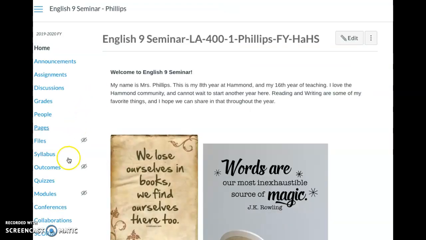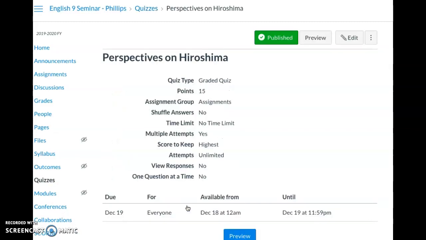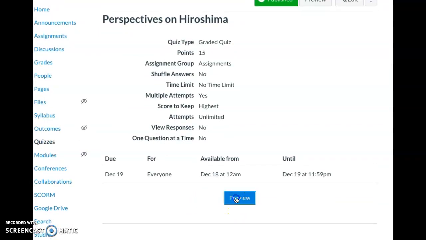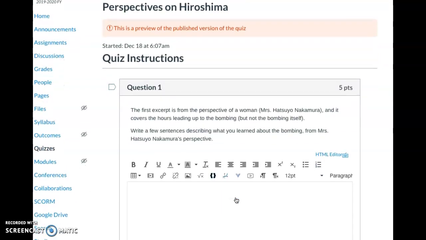You're going to open up quizzes. Remember, quizzes are classwork grades. They're just a little bit more streamlined for grading. It's called Perspectives on Hiroshima. When you open that up, you're going to be asked 3 questions. There are opportunities for redos, so please do your best if you don't want to do a redo.